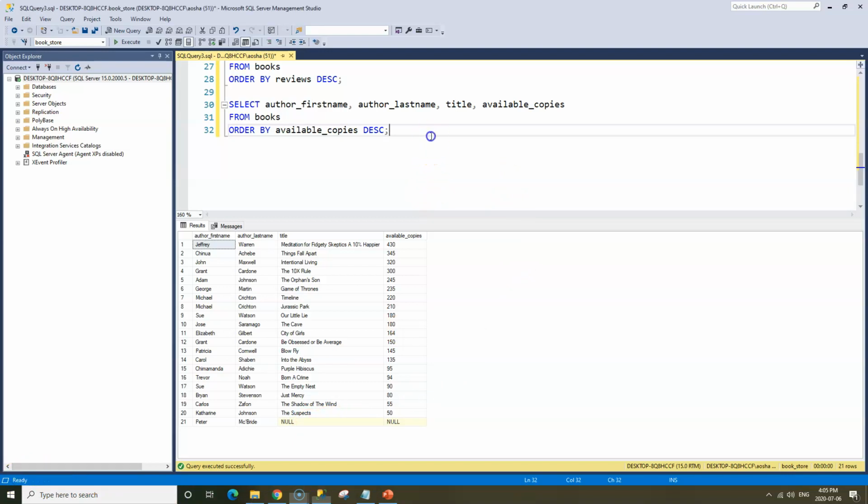And just so you know, we can still even use our string functions when we use the order by keyword. So let's say we want to have our author's first name and author's last name in the same column. So we want to concatenate the author's first name and last name, and then have our title and our available copies. We can still do that. Let's just quickly do that. So we have select concat, and what we want is our author's first name, and we need a space, sorry, and we'll concatenate that with author's last name,